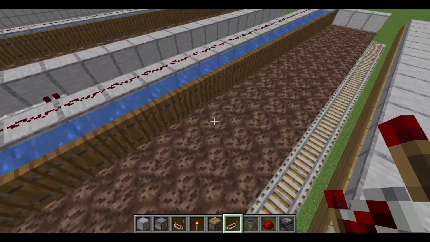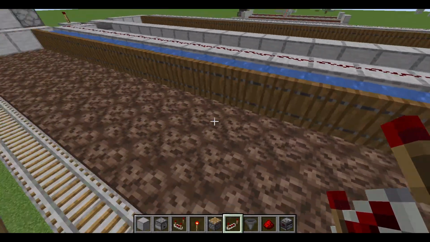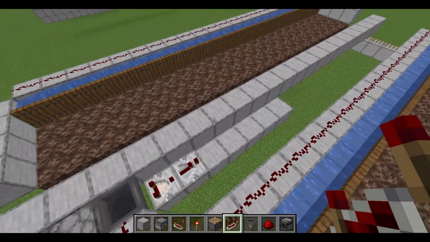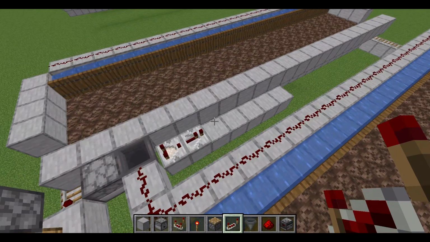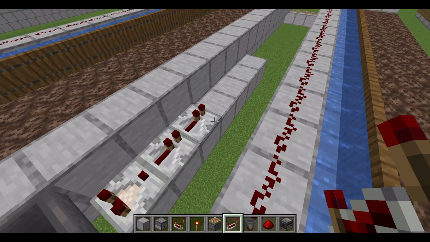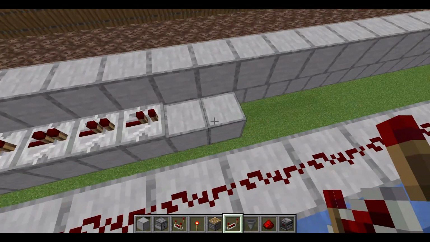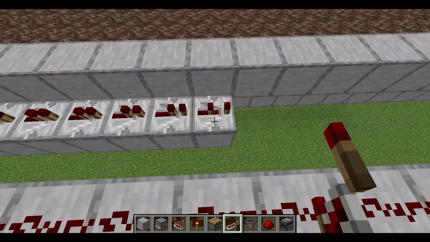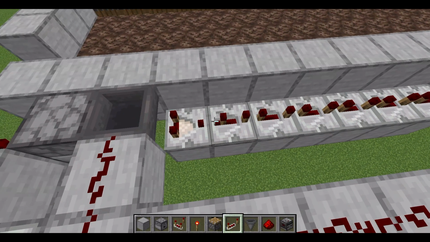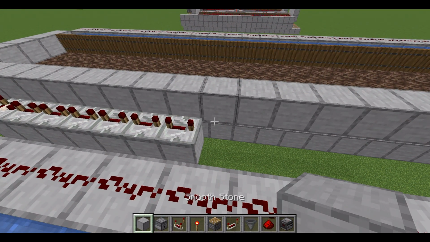If we didn't have that one, then some of the netherwart would be caught here or here, and we wouldn't be able to get all of it, pretty much. So this is to get 100% efficiency. So we're going to need quite a few repeaters. We're going to need around, let me think, around this many. So now we're going to put them on 4, and we'll have it like this. So now we're going to need a block